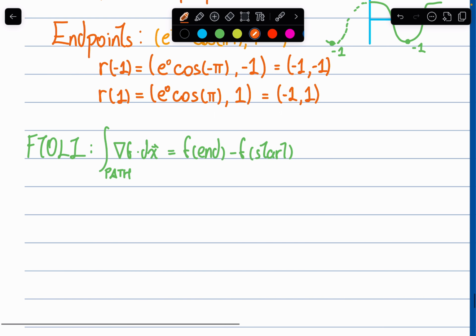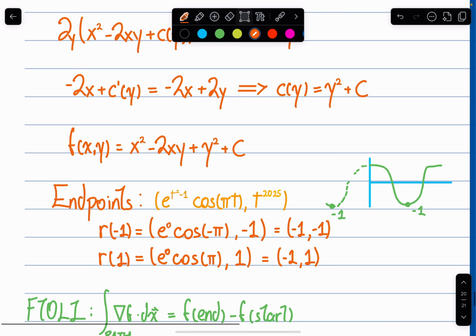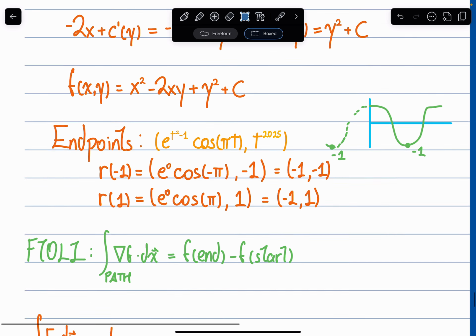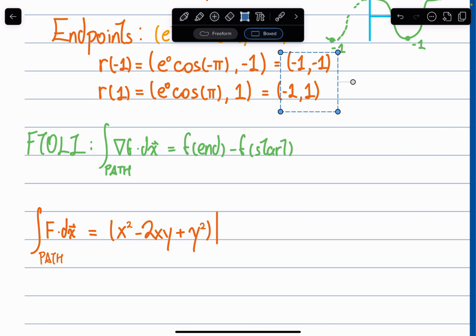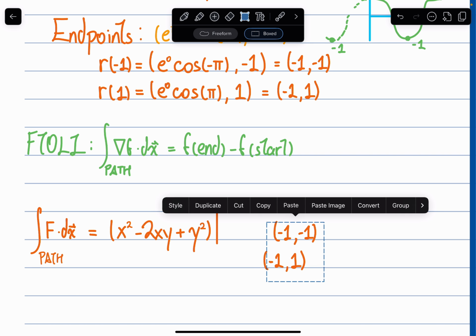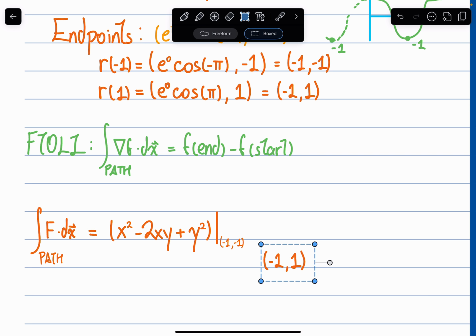In this case, this is the potential evaluated at the end minus the potential evaluated at the start results in